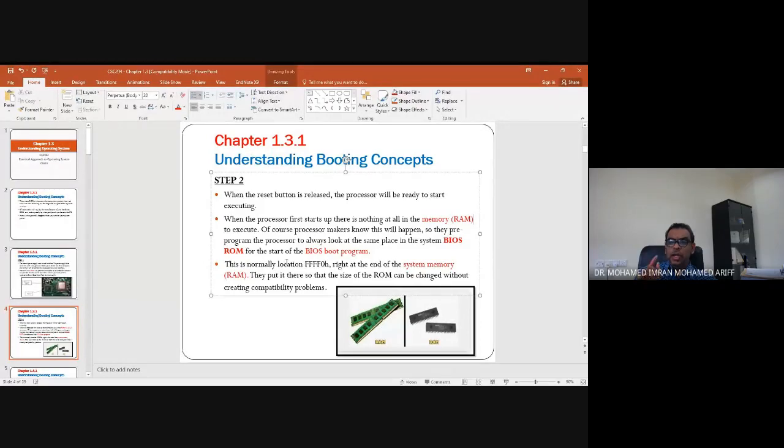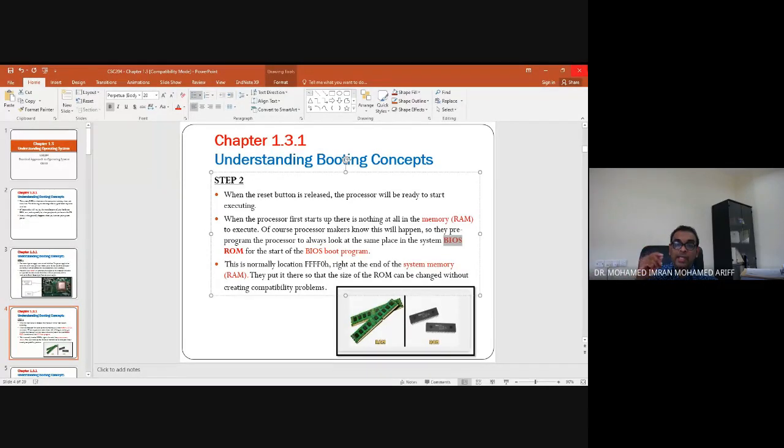Okay, so the first program which comes up is coming from your ROM, which is what we call the BIOS program. So the BIOS program sits inside your ROM. How does a ROM look like? It's something like this. How does a RAM look like? RAM looks like this. So yang mula-mula tadi, ROM will come up with a certain file, and this file will be loaded inside the memory. Kenapa dia nak load dalam ni adalah function dia, which I will explain.